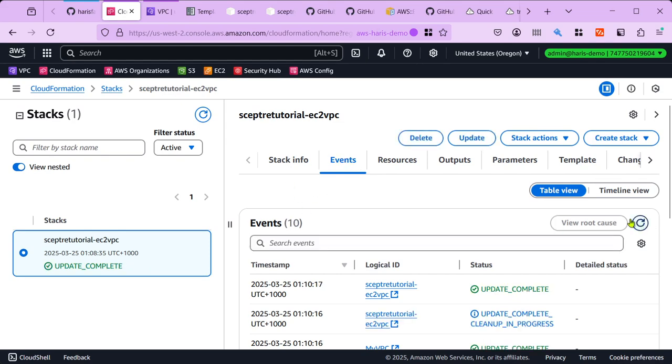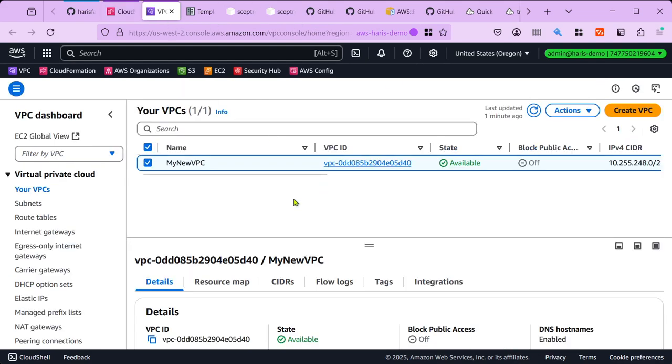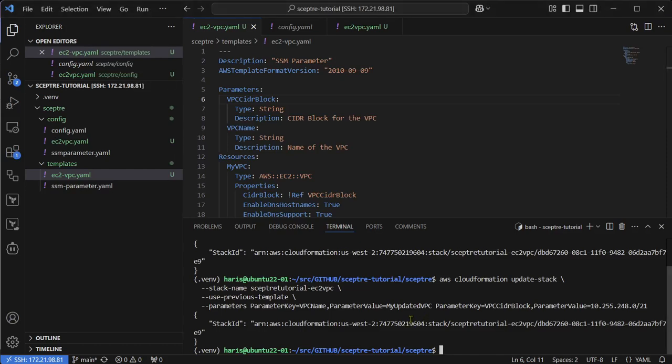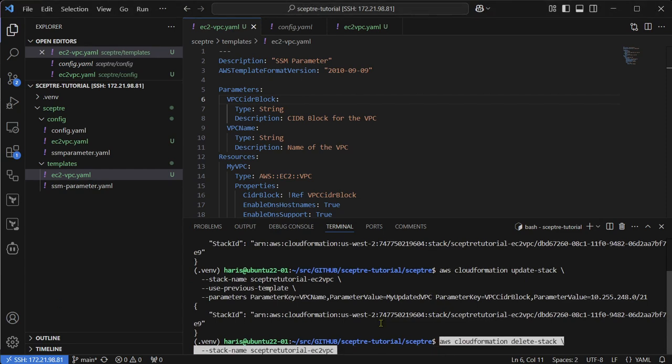So we go back to the VPC. That's the previous value, my new VPC. This will change to my updated VPC. Yeah, and the same CIDR block. So that means if we want to update the value for the parameters, then we need to keep changing the values for this one. And then let's delete this stack by issuing the command aws cloudformation delete-stack,